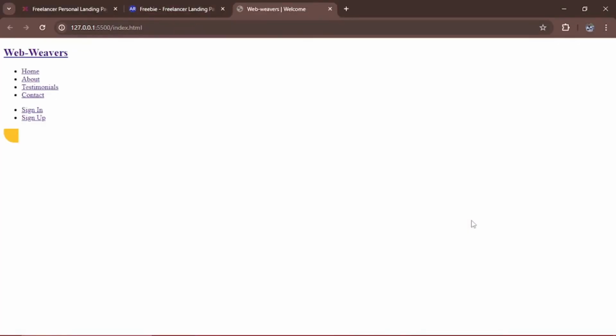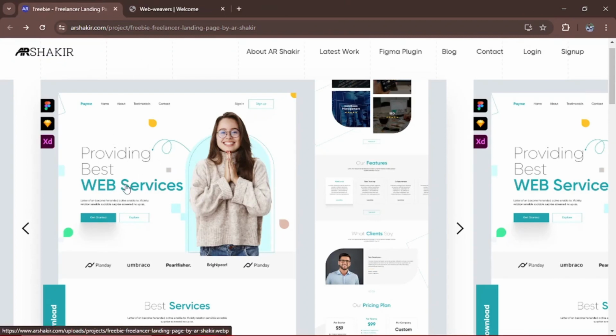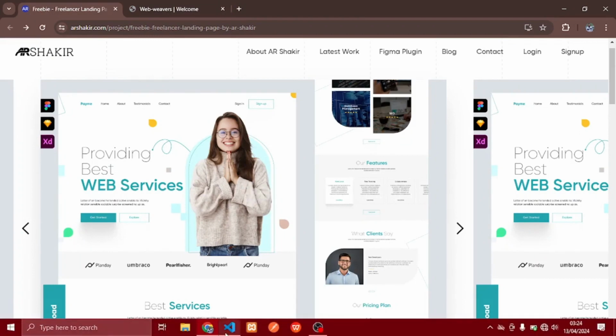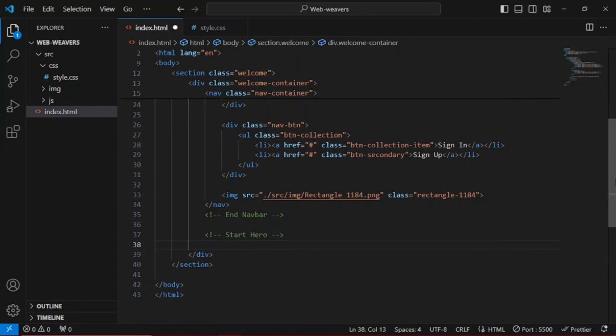So this is what we have so far. So let's move on. The next part is we're going to call this the hero, a hero container basically, which contains all these images and text and this big image right here. So let's move on. So directly under the nav bar, we'll leave a comment, start hero, and under that we'll have a div with the class of hero container,